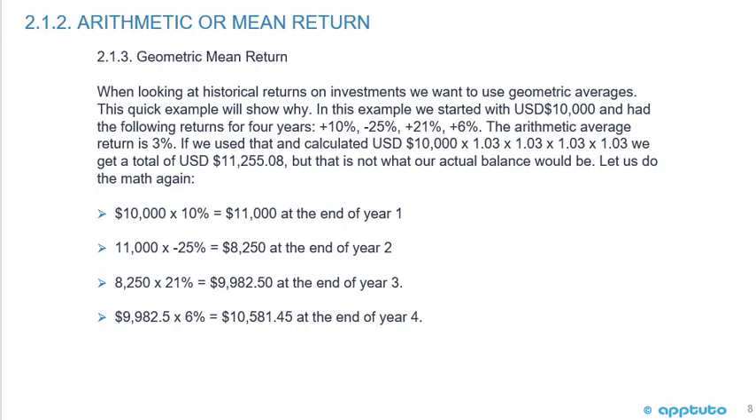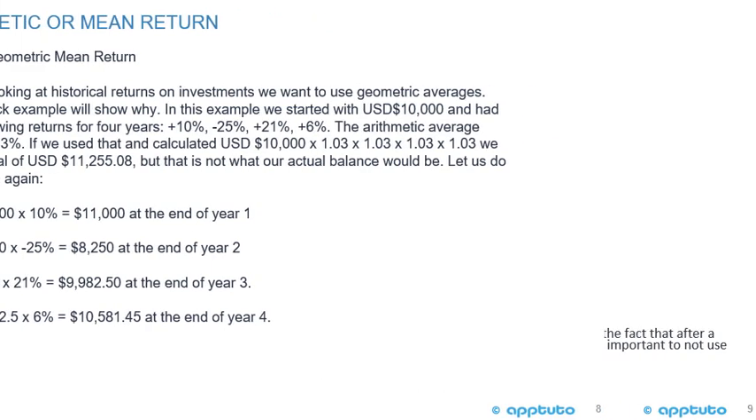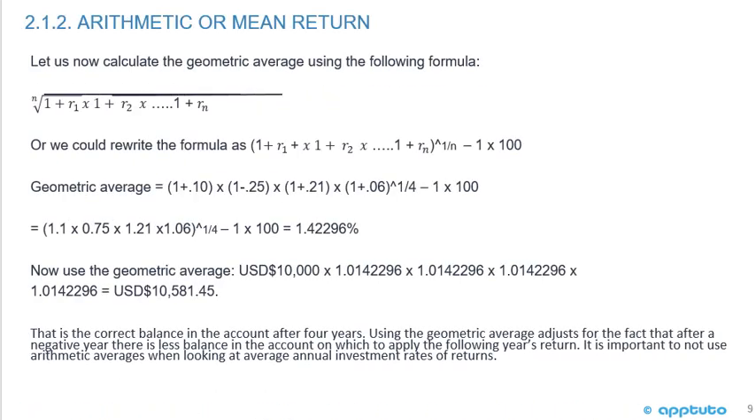And then finally, with a 6% return in year 4, you'd have 10,581.45, which is quite different from the 11,255.08 if we used a 3% average return. So on this slide, if we calculate the geometric average, I won't go through all the math because that's a review from the quants, but you'll see that we'll calculate